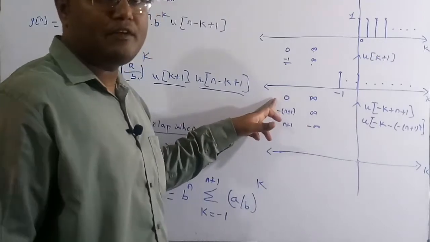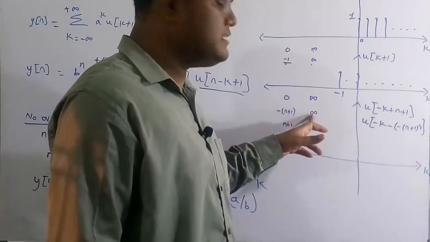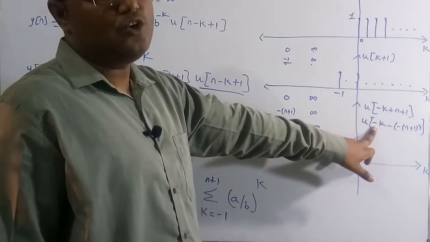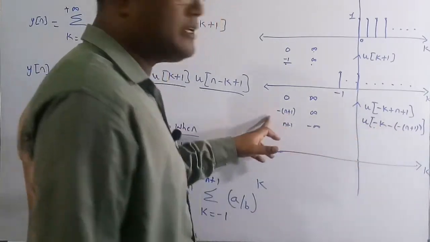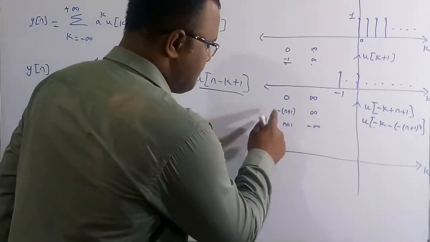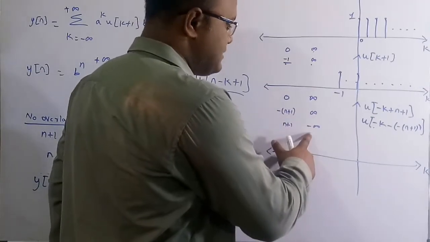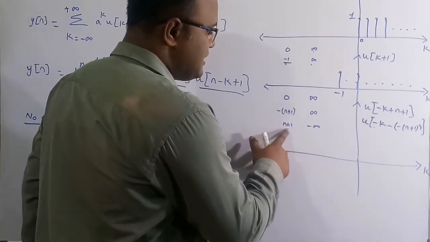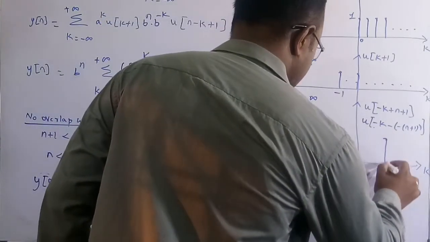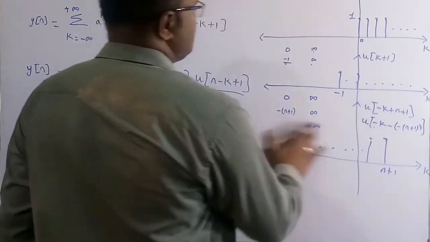If you add 0 minus of n plus 1, it is again minus of n plus 1, and infinity minus of n plus 1 is again infinity. But here there is a minus, which is a time reversal, so you have to do the reversal property. You multiply by minus 1, which gives n plus 1, and infinity becomes minus infinity. So now the initial position is n plus 1 and the final position is minus infinity. This is the initial position n plus 1, and it goes up to infinity. So this is the diagram.